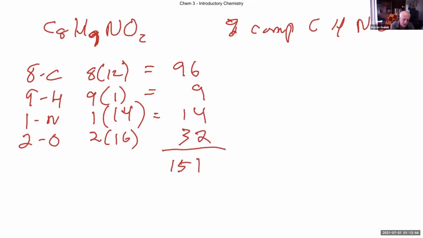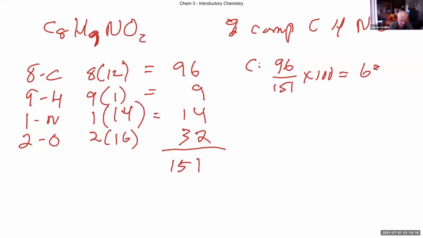So the percent composition of each one, carbon is 96 out of the 151 times 100, gives a percent. So 96 divided by 151 times 100 gives you